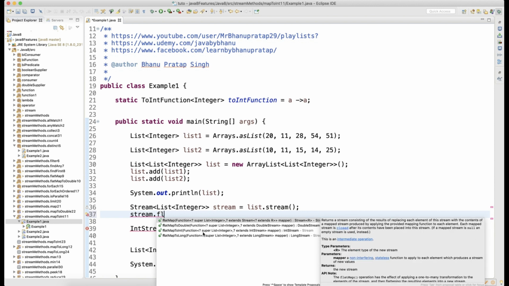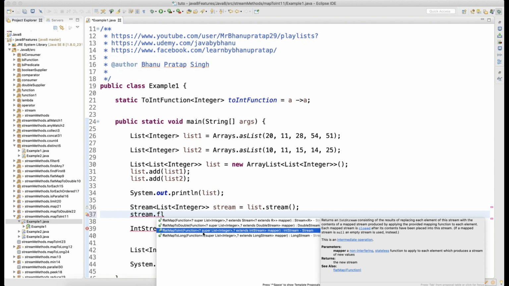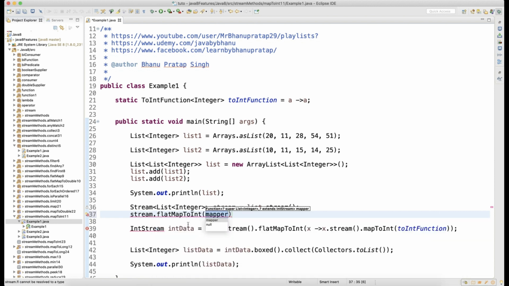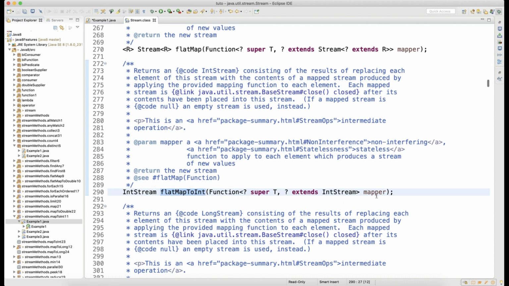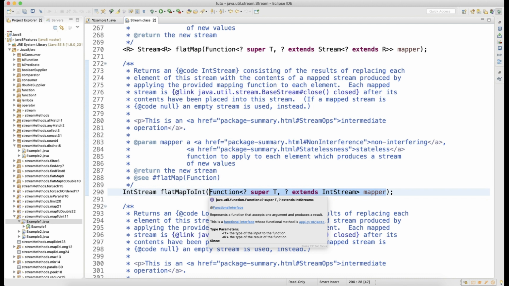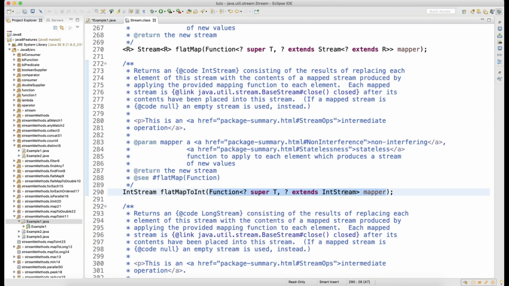Look here, when you click on this method and press Ctrl and go inside it, the input type of this method flatMapToInt is IntStream.